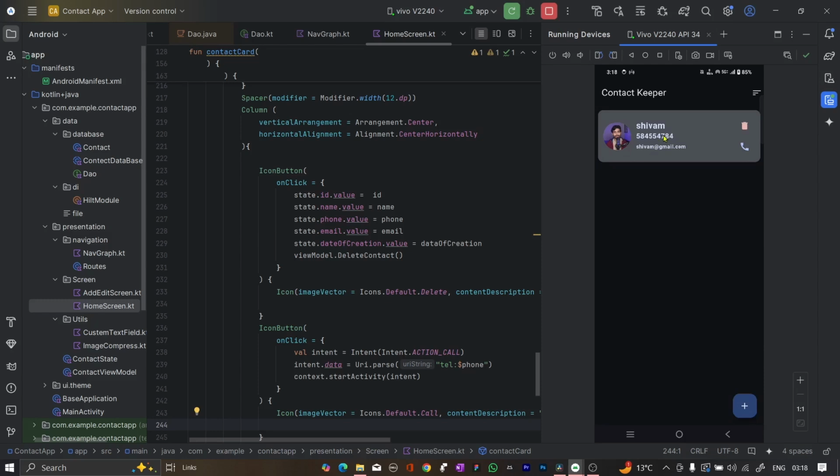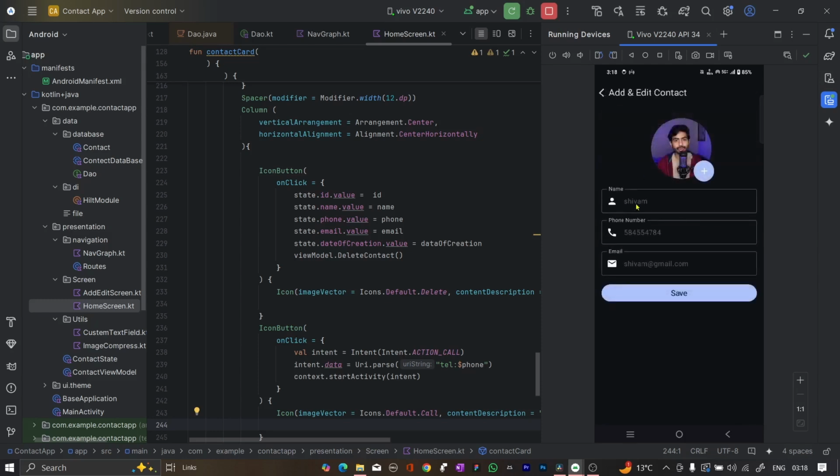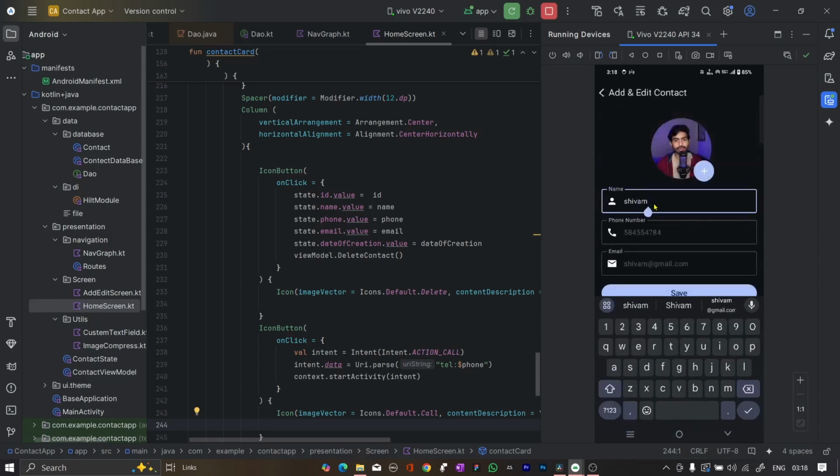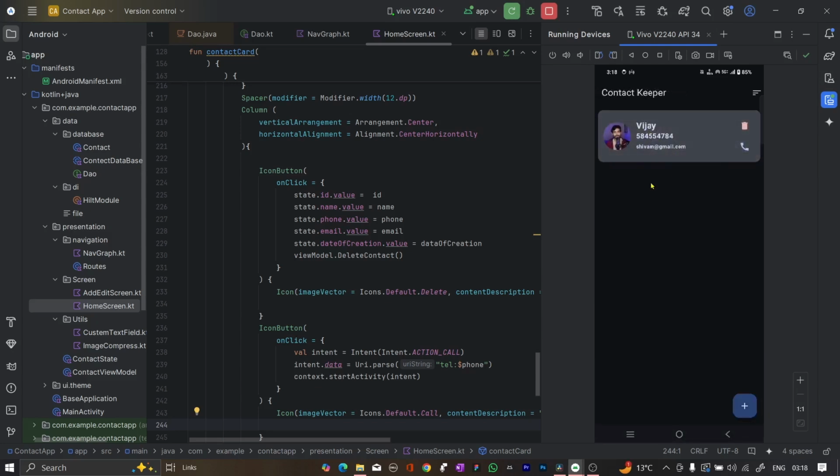इफ़ आई क्लिक ऑन दैट, अगर मैं अपडेट करना चाहूँ तो इसे अपडेट भी कर सकता हूँ। तो जैसे मैं यहाँ पे जा करके इसको चेंज करता हूँ, शिवम की जगह मैं विजय रखता हूँ, नेम चेंज कर देता हूँ। और जैसे मैं सेव करता हूँ तो यहाँ पे विजय नेम सेव हो गया। तो कोई भी पर्टिकुलर फील्ड आपको चेंज करना है तो वो भी चेंज हो सकता है। और दैट्स हाउ आवर एप्लीकेशन विल वर्क। हमारे एप्लीकेशन में ये सारे फीचर्स होंगे। और आपको अगर इस कॉन्टैक्ट को डिलीट करना है, तो आप यहाँ पर डिलीट आइकन पर क्लिक करके डिलीट भी कर सकते हो।